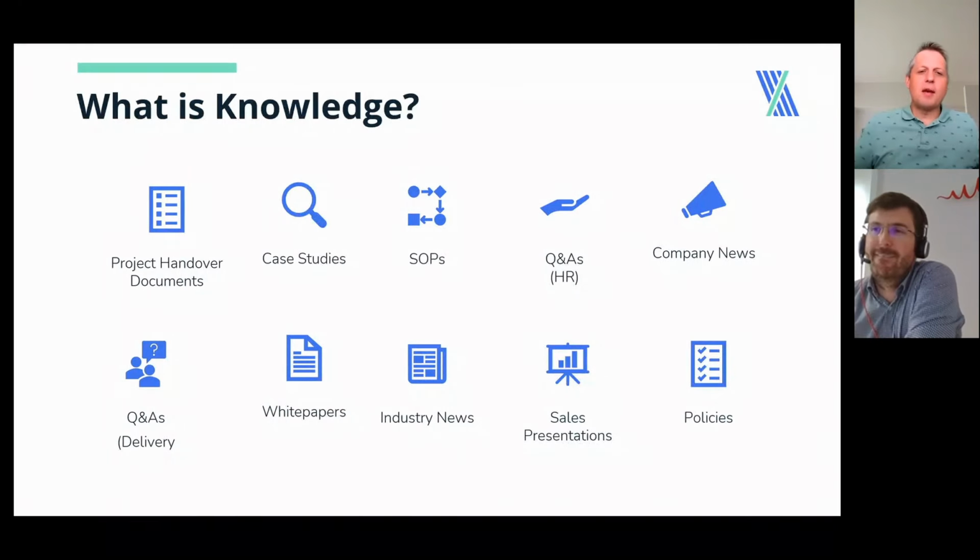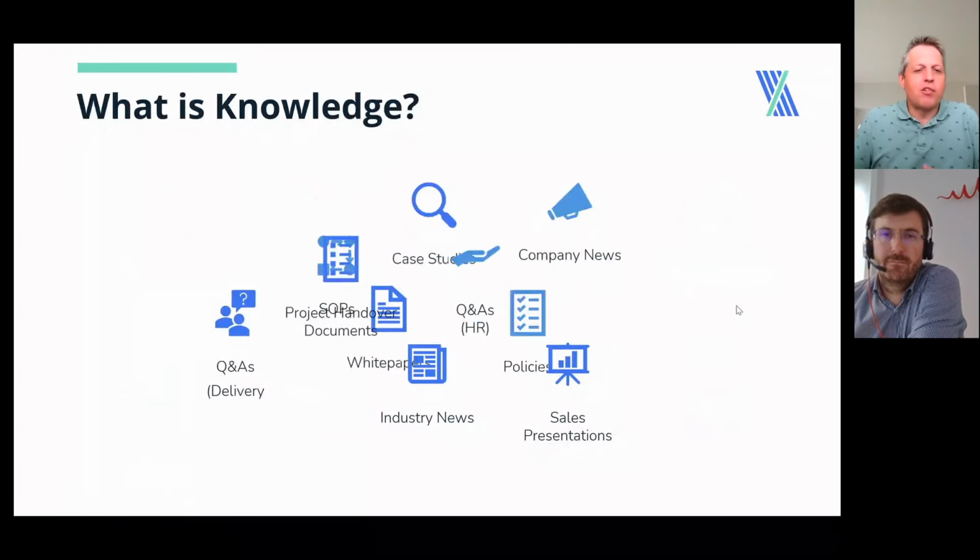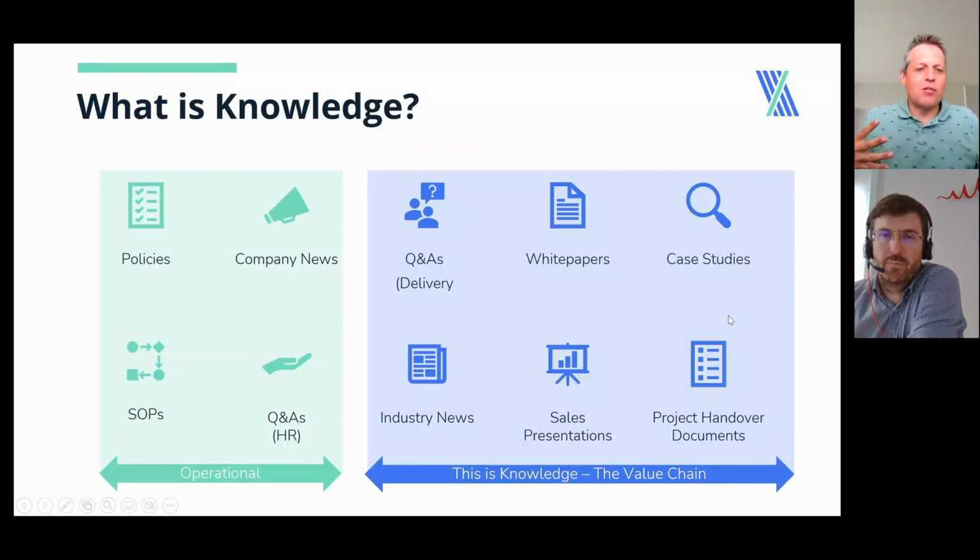So we've got all this information. And I guess the question is, is all of this knowledge? And we have a view on this. Now, there isn't an official body of knowledge management, so you can create your own view on what you think knowledge should be or shouldn't be. This is our view. So on the next slide, what we see here,